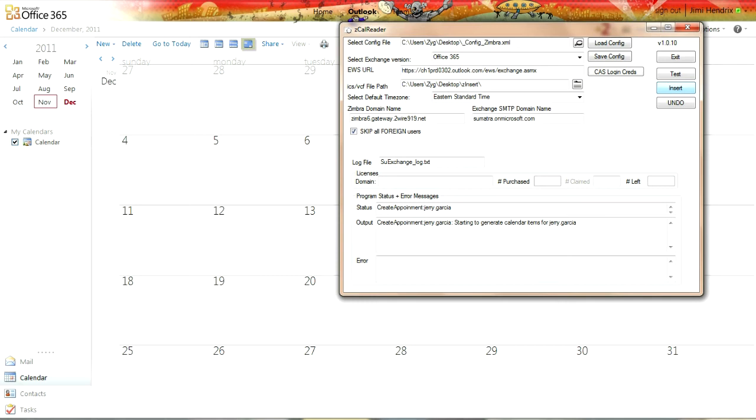This is fairly self-explanatory. We're going into Office 365. We need to have the EWS URL. We're of course going to need to have CAS login credentials on the Exchange side, a default time zone, and we're making a pretty radical domain change here from something behind our firewall to a public-facing Exchange cloud server. And we're not sending out email invitations to users who were not in the domain. We of course could, but then they'll get another